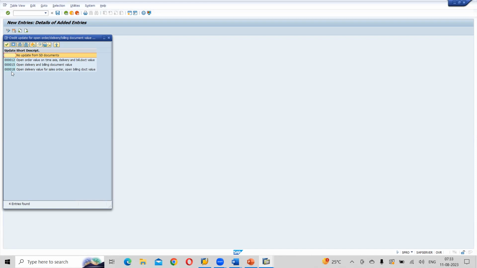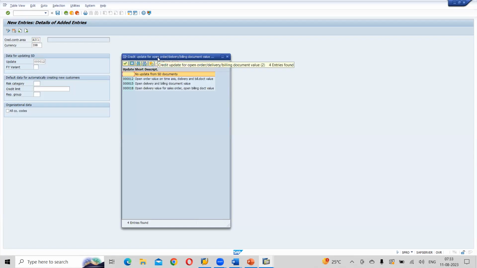So what does it mean? See here, whenever we sell goods to a customer, credit risk analysis will be done here. Credit risk analysis means, for example, in India, whatever customers we have, I am segregating these particular customers. In those customers, I will analyze the credit risk, how much credit we can give in this